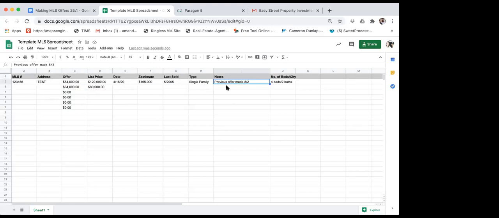So if a previous offer has already been made or if it's been rejected, she'll put those notes in here as well. And then the number of bedrooms and bathrooms. So once she goes through all of the listings that the realtor has sent and plugs in all of this information, after she removes the properties you don't want to buy, so any in a flood zone, any mobile homes,